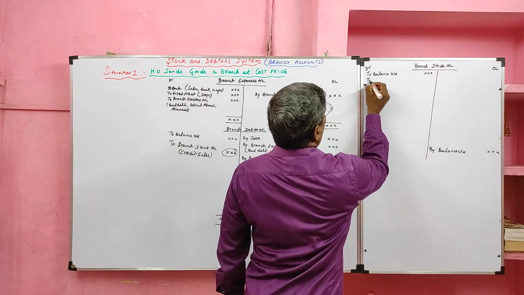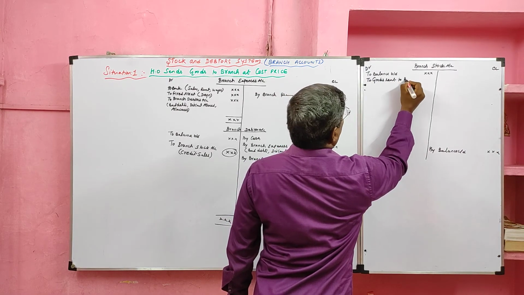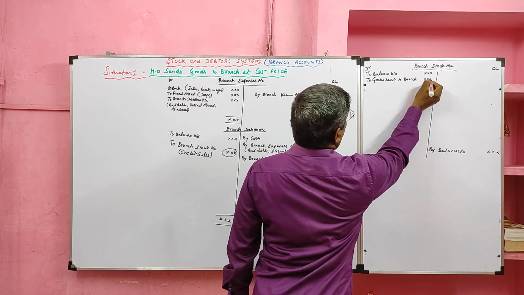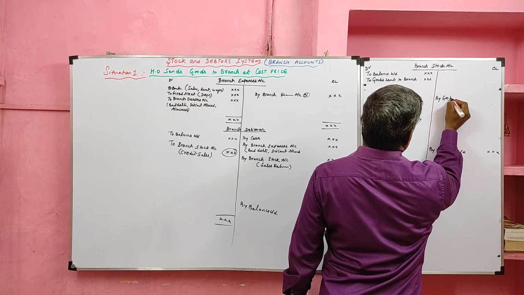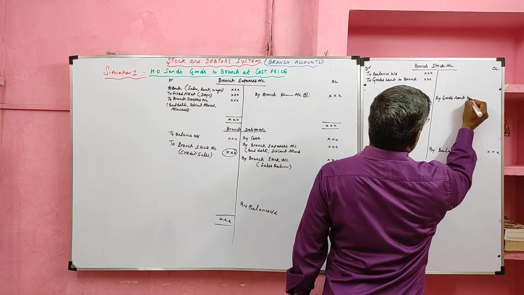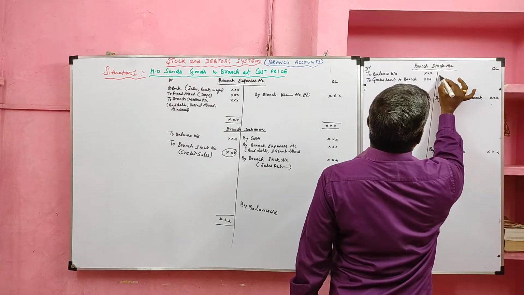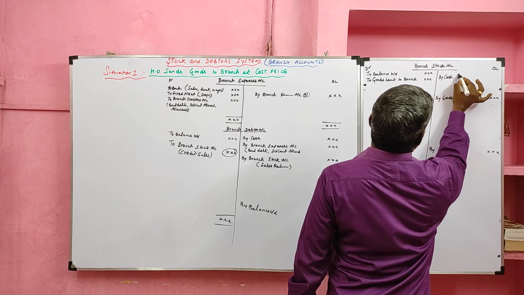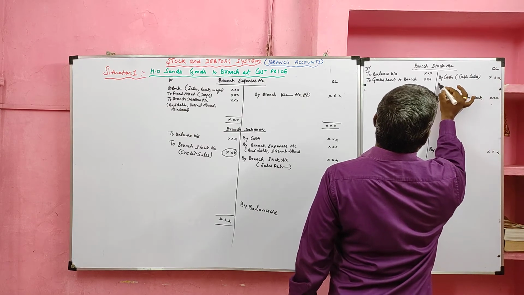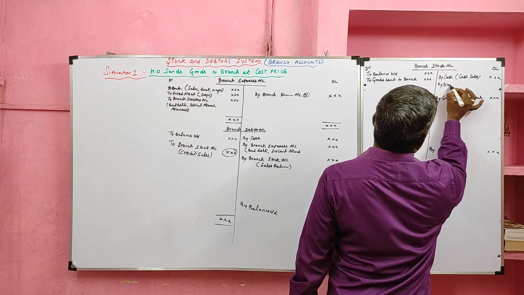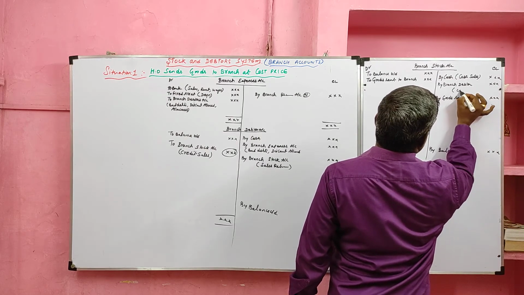First, goods are coming from the head office, that we call goods sent to branch. It is coming into the branch, debited. When branch returns goods to the head office, we will write in the credit side, goods sent to branch. Then when we sell goods on cash basis, we will write by cash. It is for cash sales. When we sell goods on credit terms, we will write in the credit side as branch debtor. This is for credit sales.